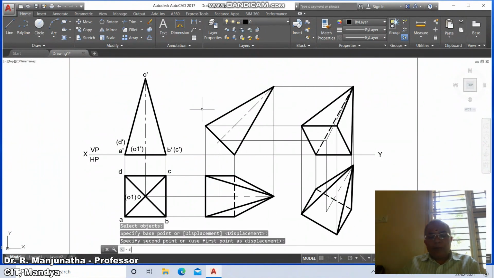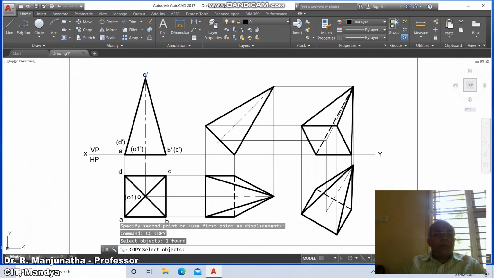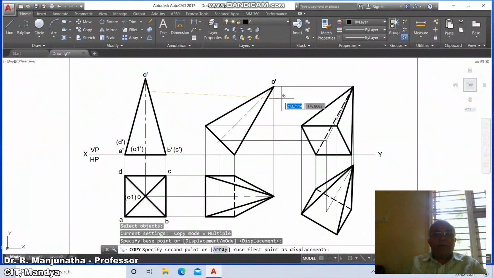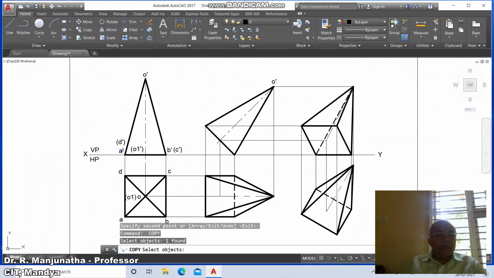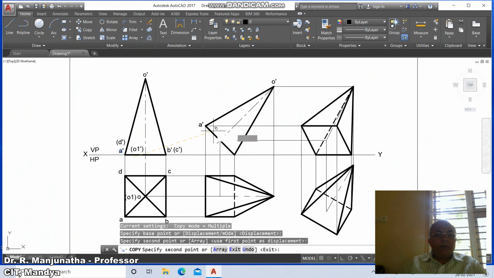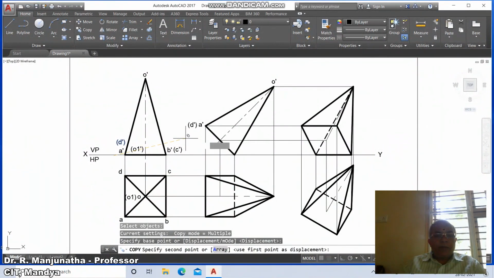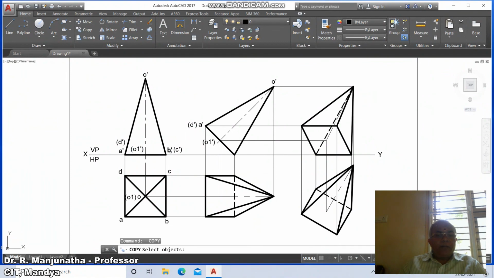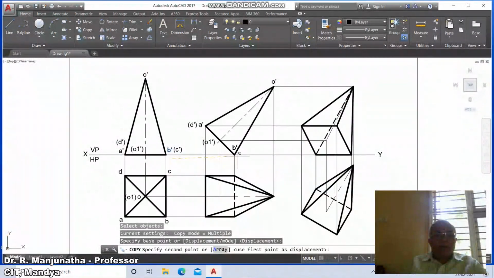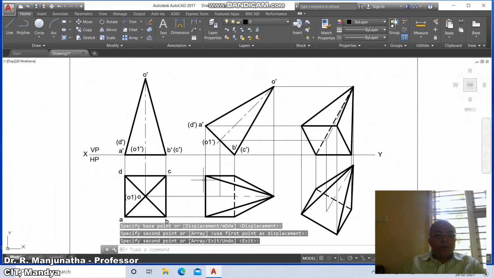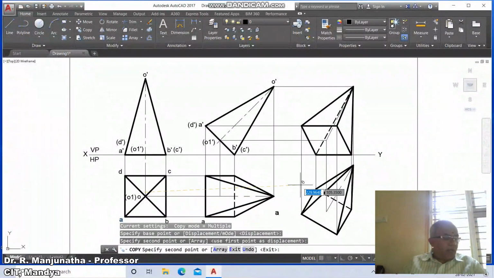Now we go for copy, select O dash and copy it here, and then go to A dash and copy it here, then go to D dash and copy it here. Similarly O1 dash, and here it is B dash, and here it is C dash. Then you go to A, copy it, and that A has to come here.